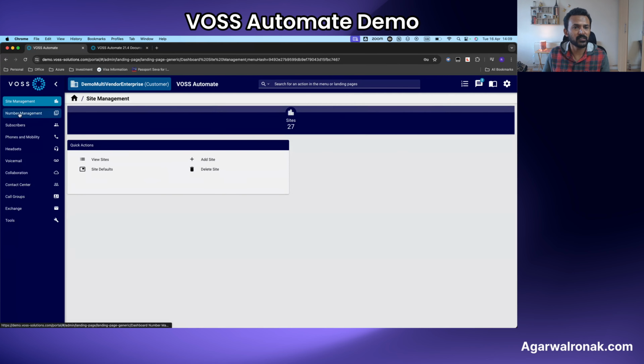Now if we go under site management, this is the first thing that we would do if you're onboarding VOSS for any customer. And before we go into site management, just a quick word on the deployment. VOSS Automate platform can be deployed in VMware versions 5.1 and above,